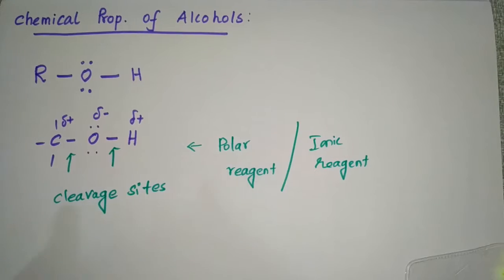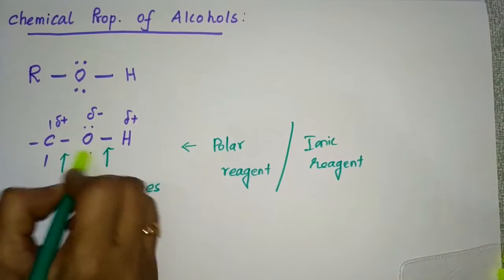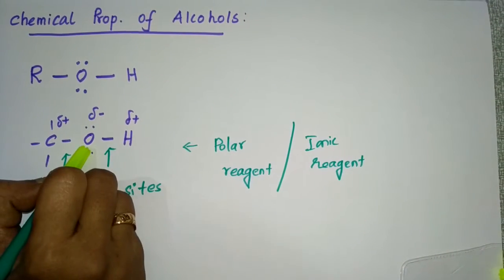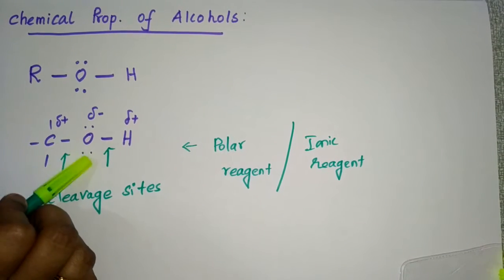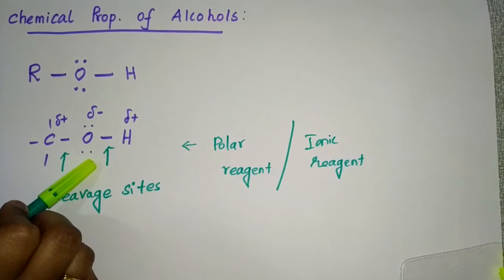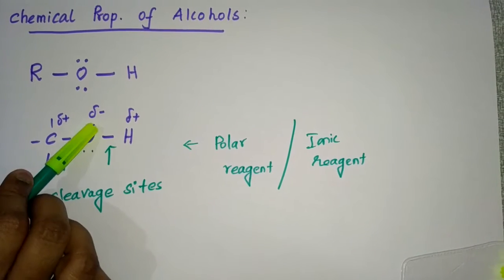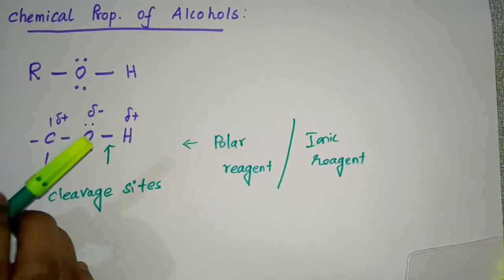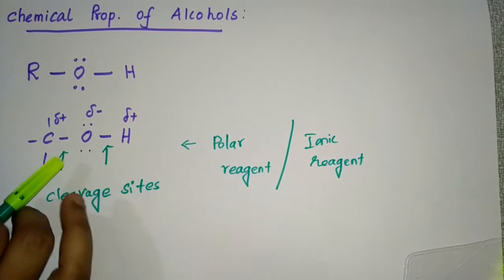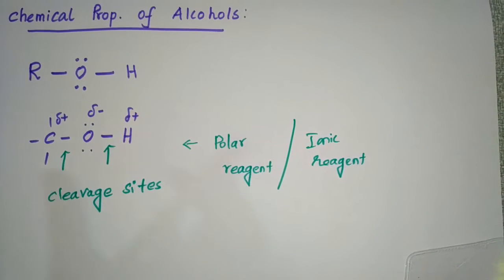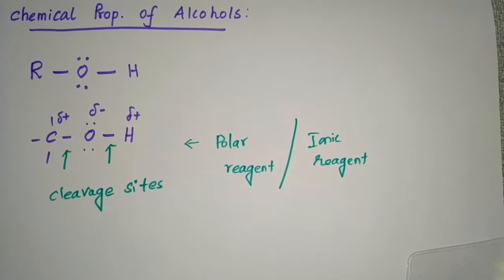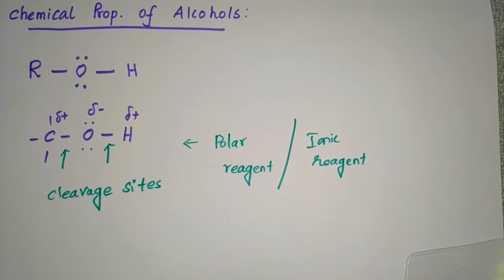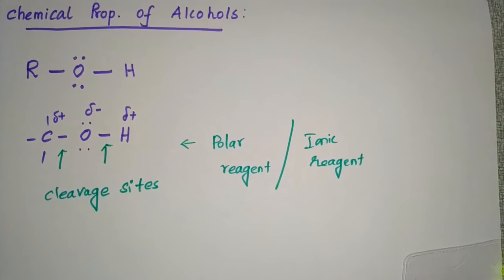Apart from this, the oxygen atom of this OH group has two unshared pairs of electrons, and this oxygen acts as an electron donor. Based on that, there are some types of chemical reactions, and that is what we are going to see now. Those chemical reactions are